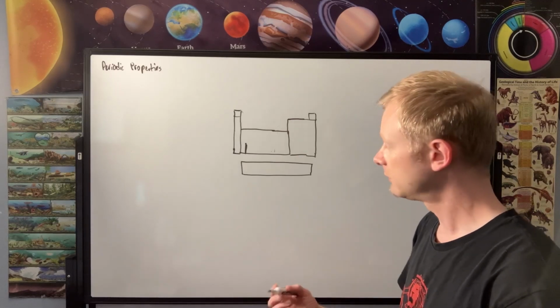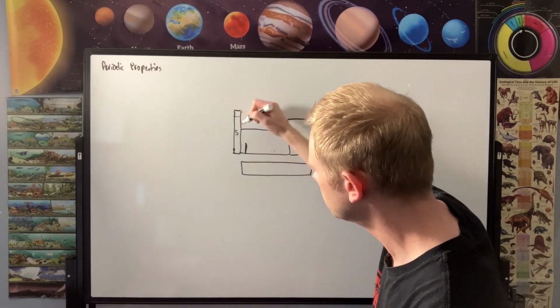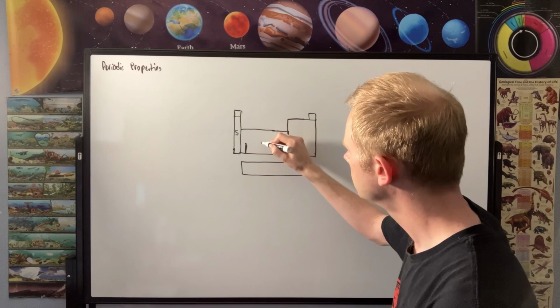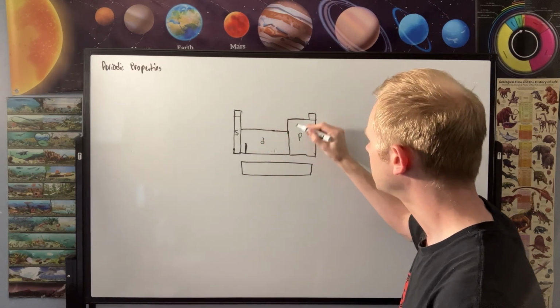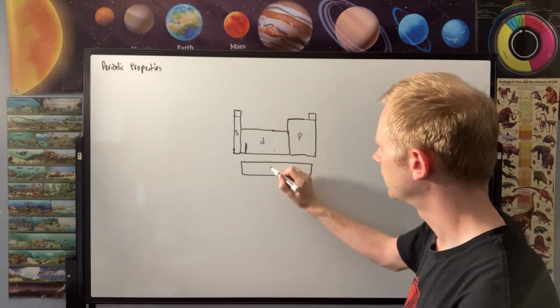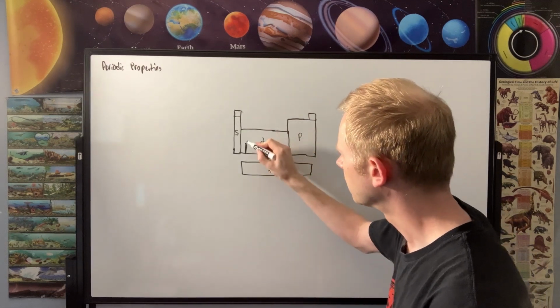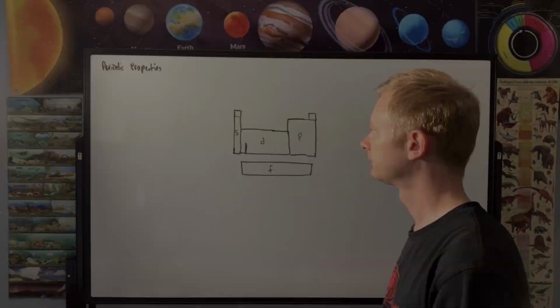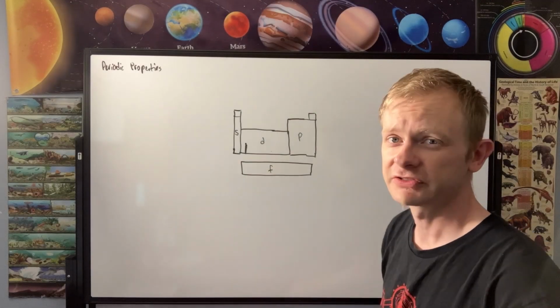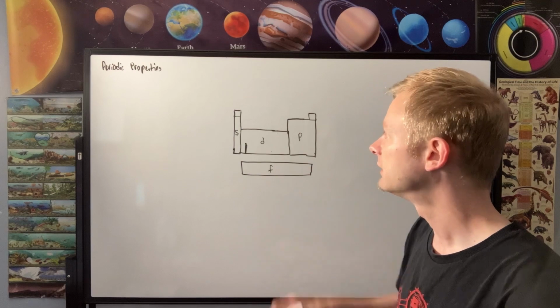Here's the periodic table, and I'm just going to label this section S for the S sublevel. This section is the D block for the transition metals. Over here we have the P sublevel, and down here we have the F, and it's going to basically branch off right there. We're going to discuss the periodic properties or the patterns that we can see in the periodic